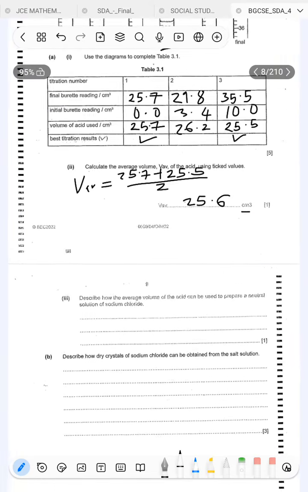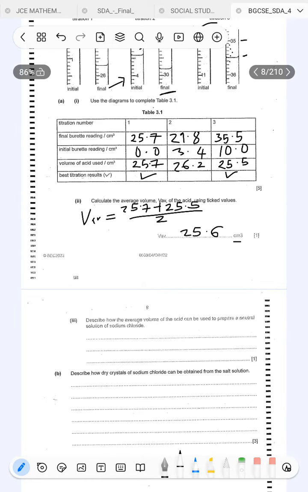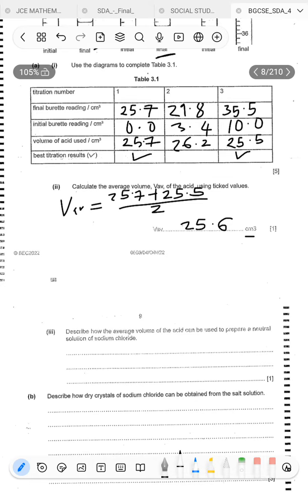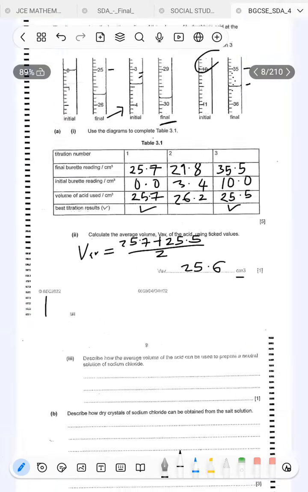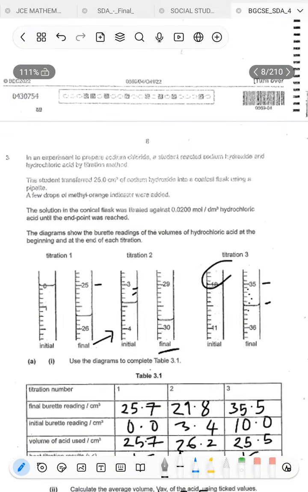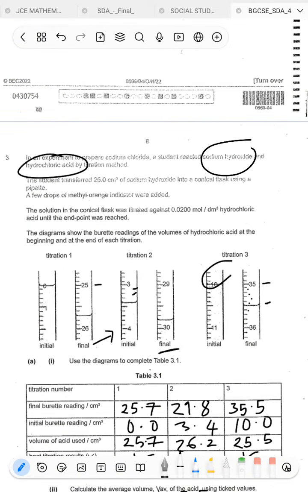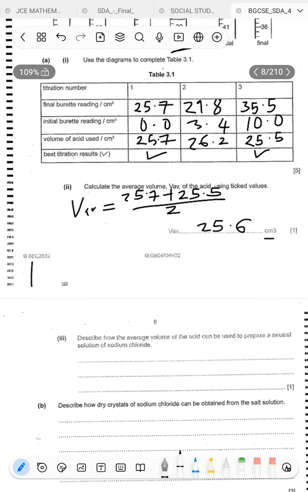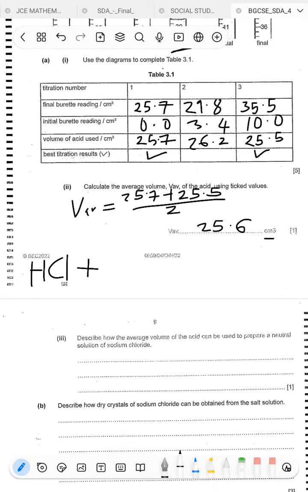Now remember, here I was just looking at the recordings, nothing else. Now let's dive deeper into the chemistry behind this reaction. Let's go back to the question. We are reacting hydrochloric acid and sodium hydroxide. Now remember that whenever you react acids and alkalis, NaOH, so this is an alkali, this is going to be a neutralization reaction